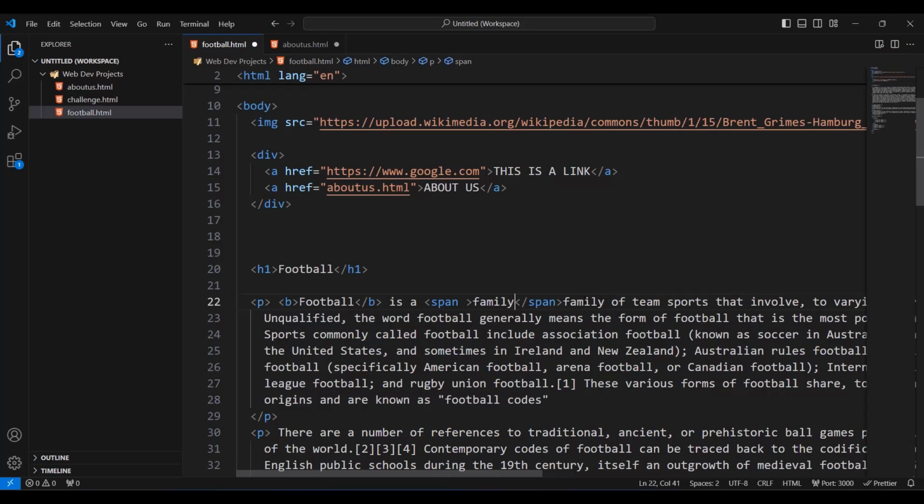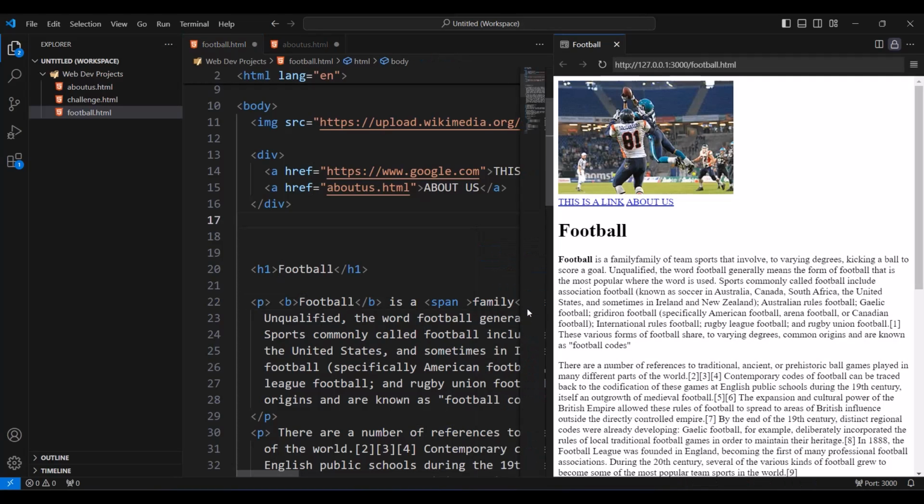There is no element to make this word red, but if I put it inside the span, and then with CSS, and as you'll see with CSS selectors, I can target this span, I can give it an ID, and I can make this text red, because now if I run this, show preview, nothing is changed here, but if I have CSS, I can change that word.